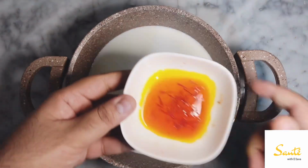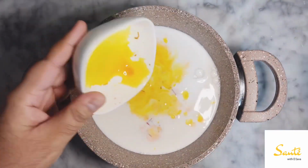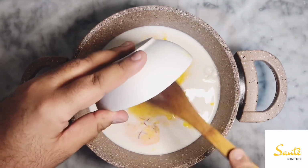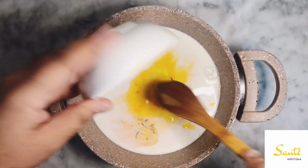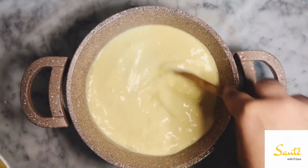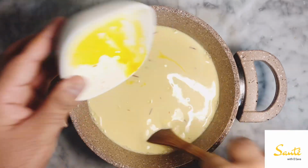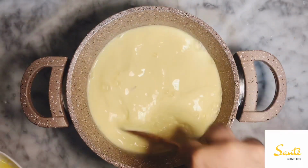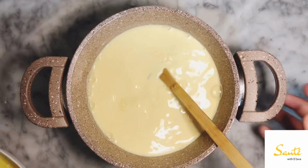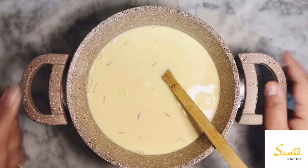And also I'll be adding in all the saffron. Now since in this recipe I'm using the saffron just for color, I'm adding it from before. I'll give it a quick mix. When the milk boils, the saffron will give even a deeper color. Okay. Now we will be taking this and placing it on a medium flame stove,